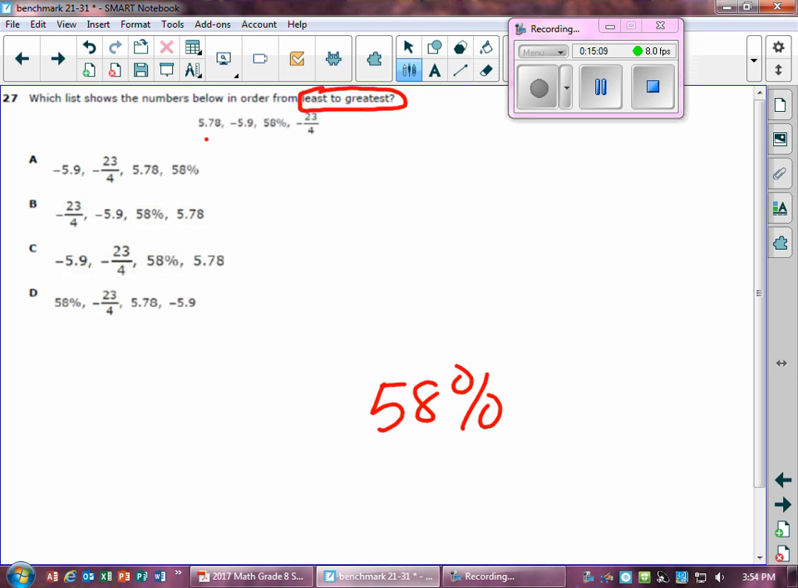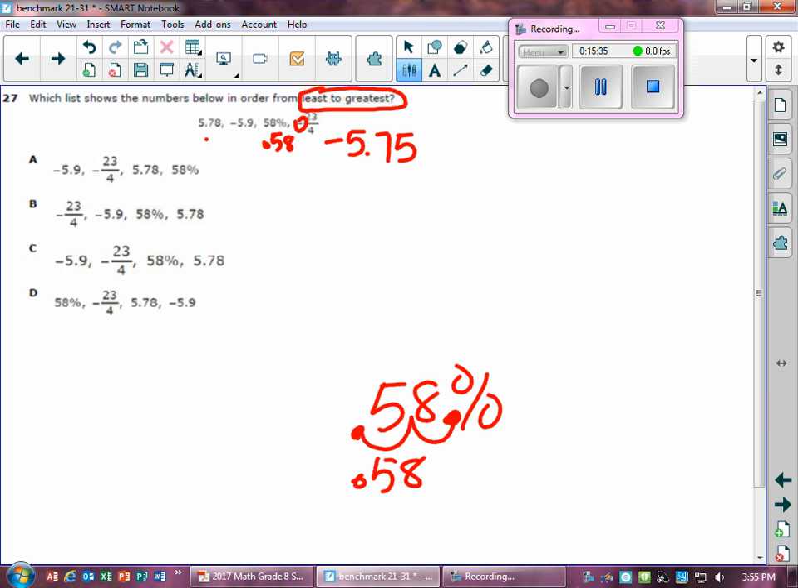58%, what we do is we start from behind the number, we have our decimal. We move it 2 units to the right. 1, 2. We're now at 0.58. Okay? So 58% is 0.58. And then we have our fraction, negative 23 over 4. So 23 divided by 4 is 5.75, but since the negative sign is there, it's negative